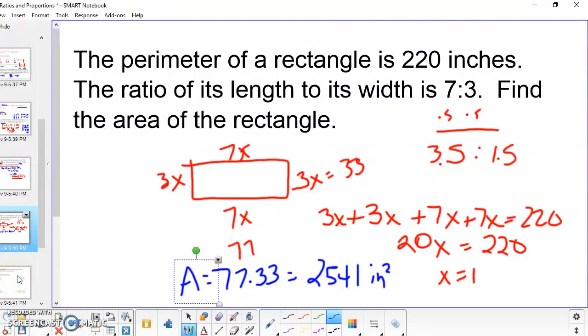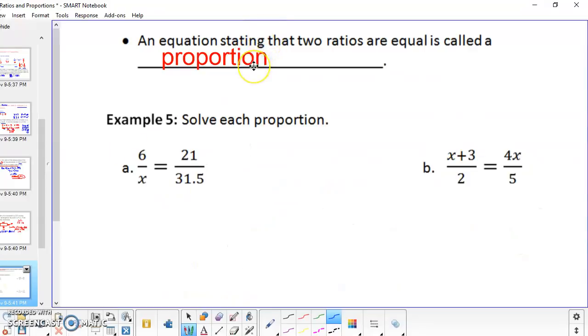Now, so those were all ratios. When you talk about two ratios that are equal, that's called a proportion. So just like if you look at this example right here, we have the ratio on the left of 6 over x equals 21 over 31.5. One way to solve a proportion is that you can cross multiply. This is the one time when you can cross multiply when you have two fractions that are equal to each other. So we get 6